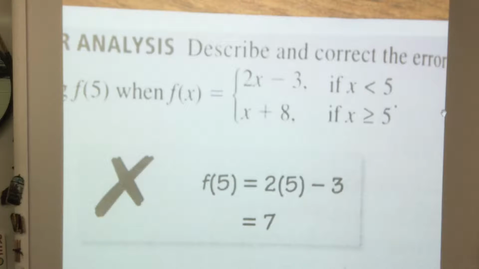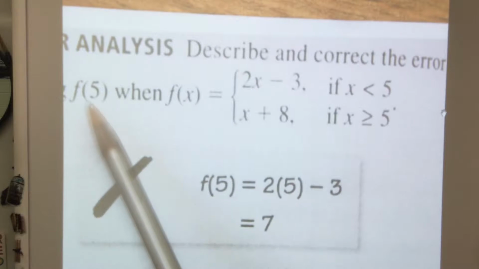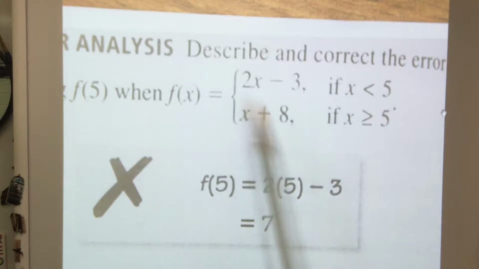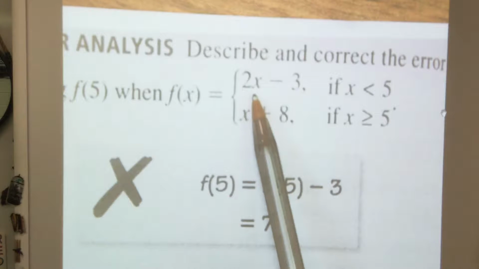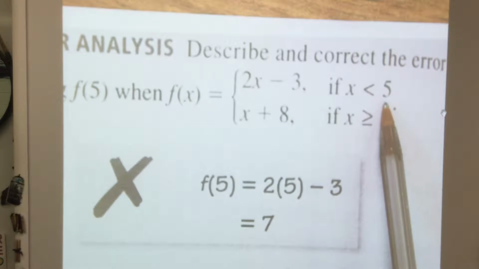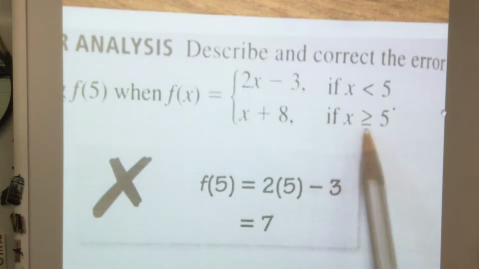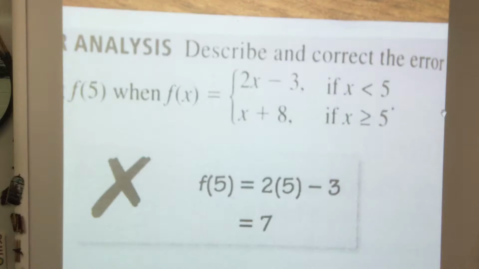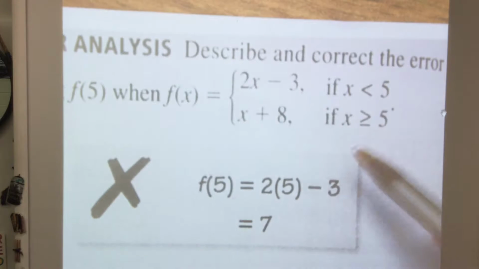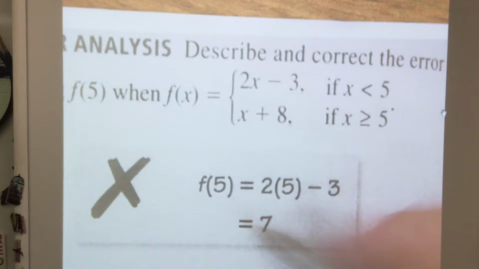Okay, we're gonna look at the second part of the homework and hopefully I can get through this a lot faster. Number 21 asks us to describe the error in finding f of 5 when f of x equals 2x minus 3 if x is less than 5 and x plus 8 if x is greater than or equal to 5. Now, you probably saw the answer on the other video near the end, but I wanted to explain why